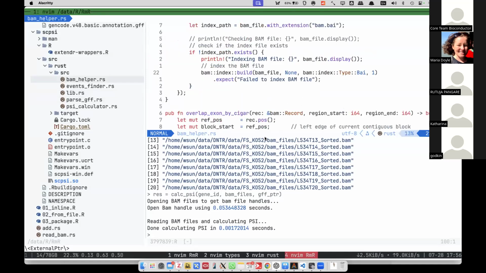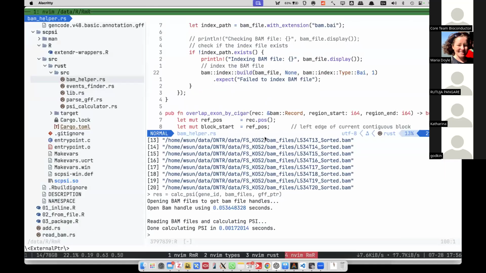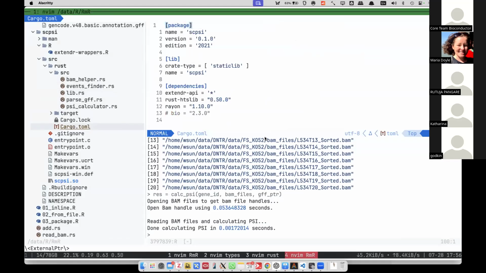The last thing is extendr. It's very easy to handle the dependencies. If we need another Rust package, we just need to define it in the Cargo.toml, and we can also define the version of the dependency.